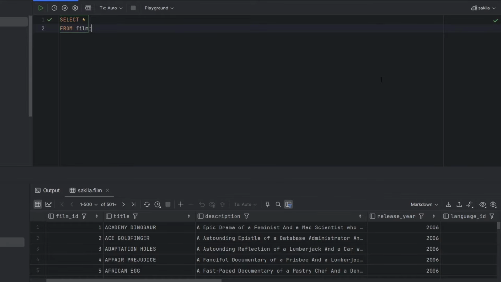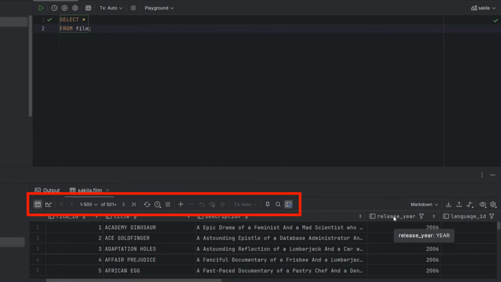The Results panel shows a table of results, as you might expect. You can hover over the table headings and see the data types for each column shown. You can also see different icons next to the columns, which indicates if they have a constraint, such as a primary key. There are several icons here in the Results panel that let you work with the data. You can refresh the results, add or remove rows, and make edits to rows.